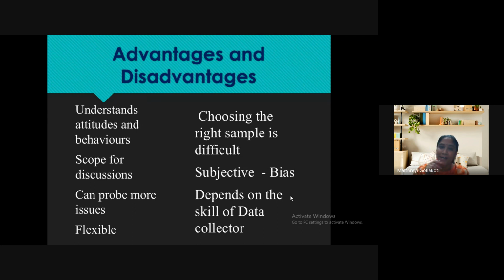So, what are the disadvantages? Choosing the right sample is difficult. See, when we talk about vast demographic regions like India, suppose we have more than 100 crores of people, isn't it? So, it is very difficult to say what people in India like. Because who can say what 100 crores of people like, isn't it? So choosing the right sample. Can we say India likes something based on what 1 crore people like? It is difficult, no? Very difficult. So choosing the right sample is very difficult in qualitative data.